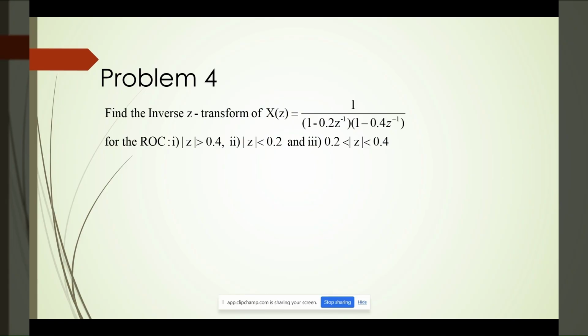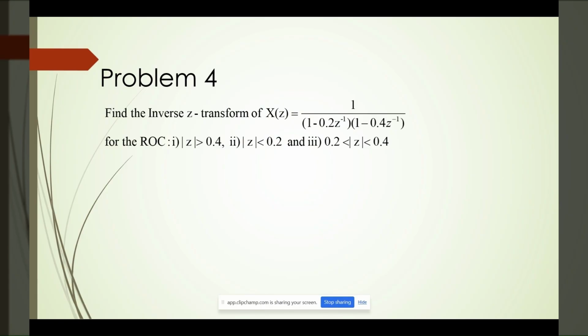Usually, the partial fraction method, we all know, converts the Z domain back to the time domain. It retrieves the original discrete time sequence from its Z transform. Apart from this, we can also understand the discrete sequence based on the region of convergence. It helps to solve linear equations, and mostly it is used in digital filters, discrete time systems, etc. The physical interpretation of this time domain sequence can be understood by thoroughly analyzing the region of convergence also.